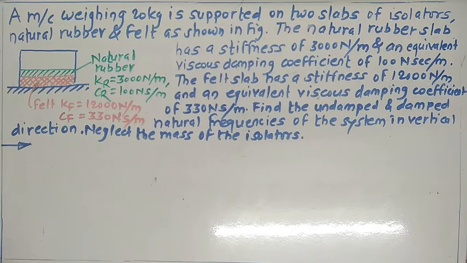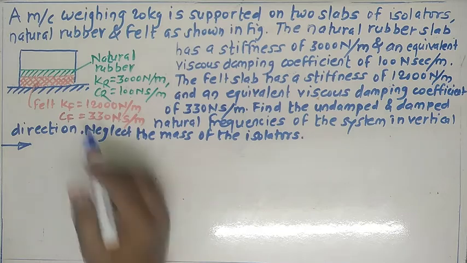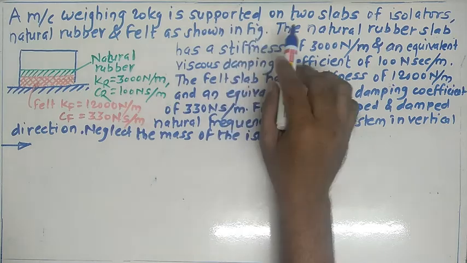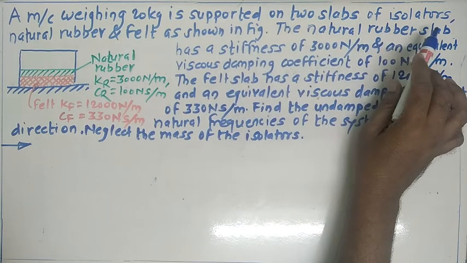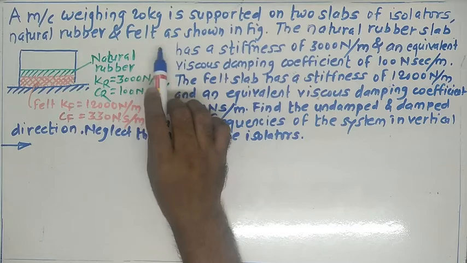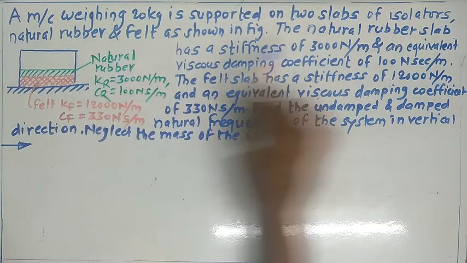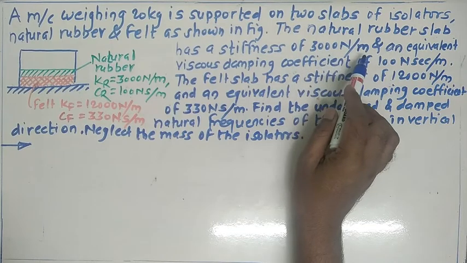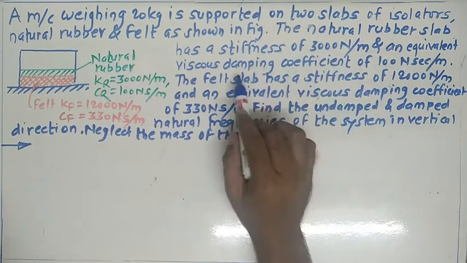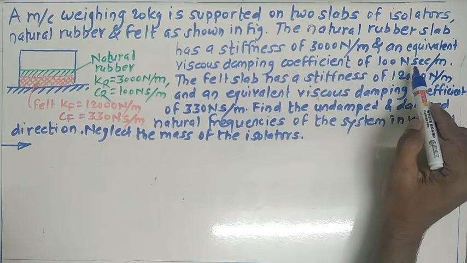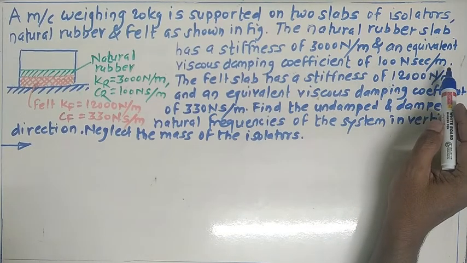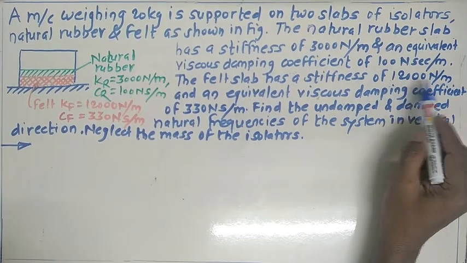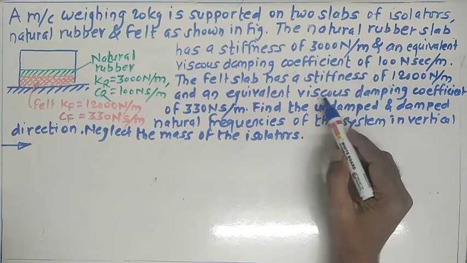So let us start the numerical on the same topic. A machine weighing 20 kg is supported on two slabs of isolators, natural rubber and felt, as shown in figure. The natural rubber slab has a stiffness of 3000 Newton per meter and an equivalent viscous damping coefficient of 100 Newton second per meter. The felt slab has a stiffness of 12,000 Newton per meter and the equivalent viscous damping coefficient